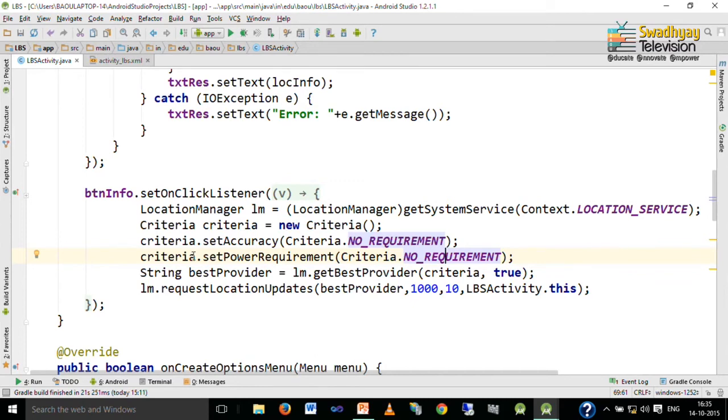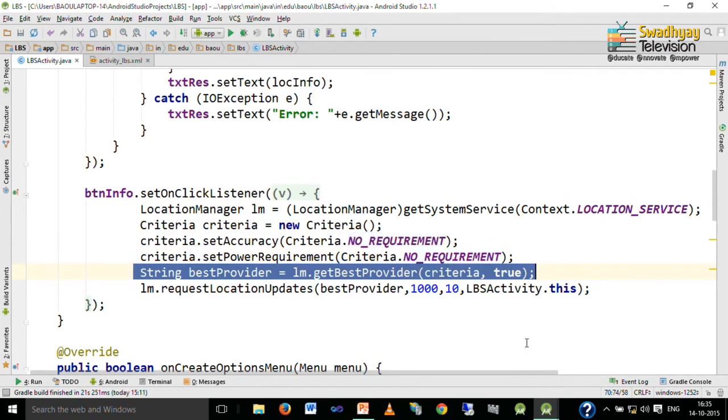Similarly, this method specifies power requirement for our criteria. Here there is no requirement, so we specify no requirement. Now, there are many providers available in your phone which can provide location information. It might include GPS, it might be mobile data, or it might be Google.